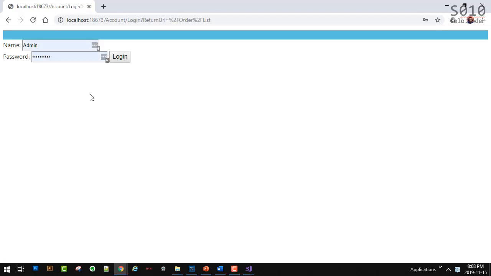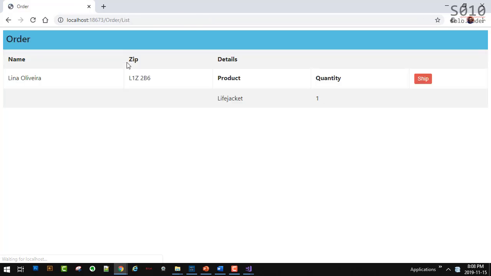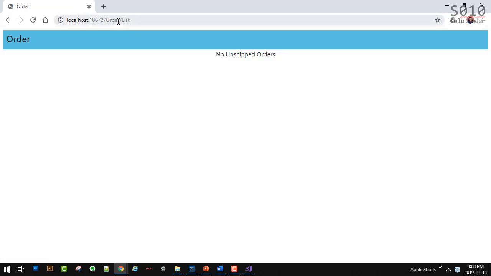So we have the interface there. Let's click login. This is saved in my browser. And now I can go back and mark it shipped. So we are able to log in now.